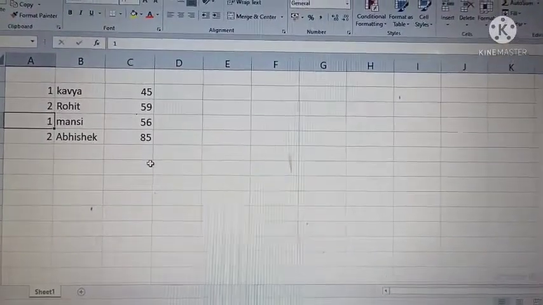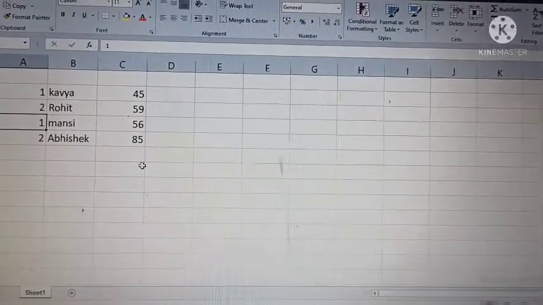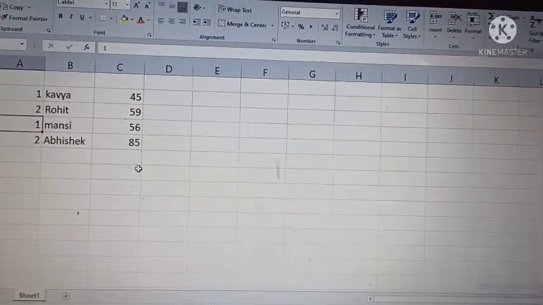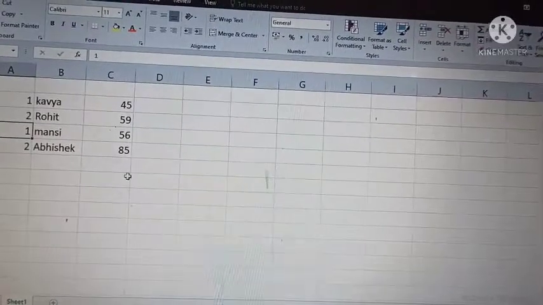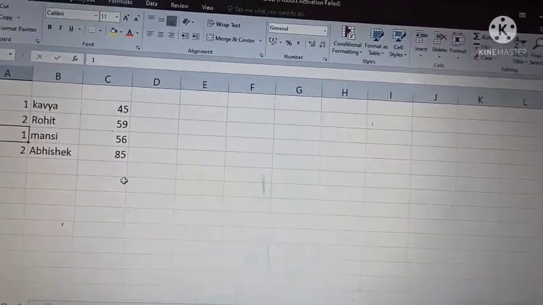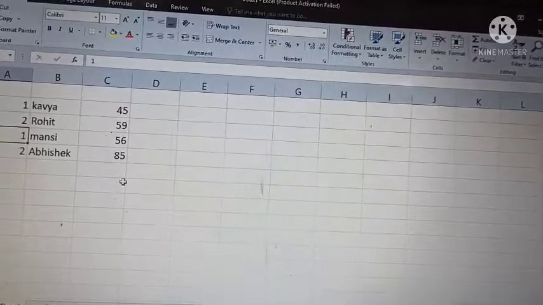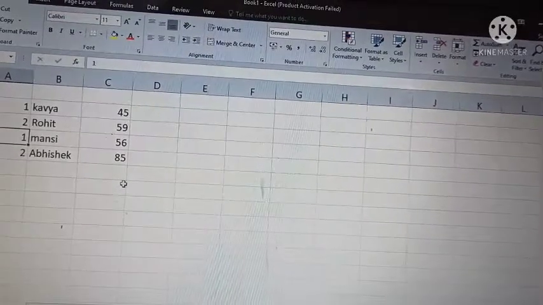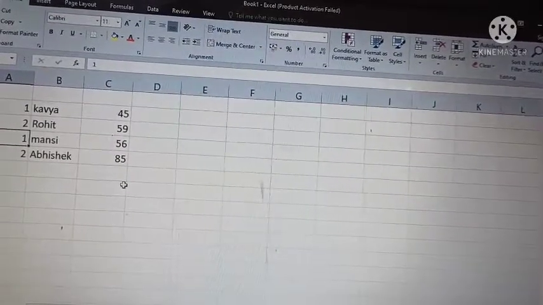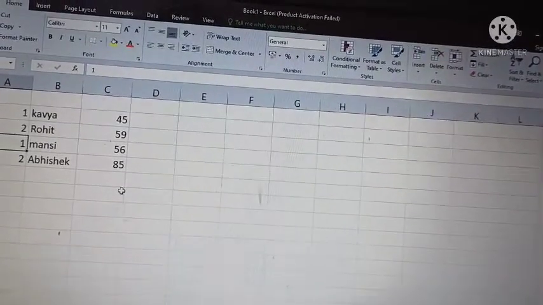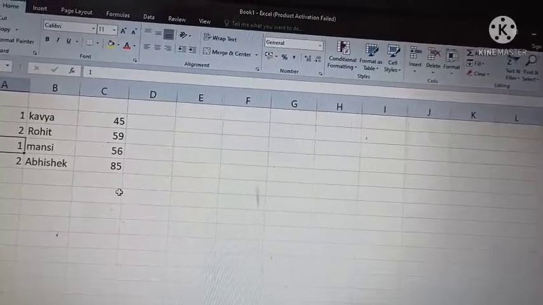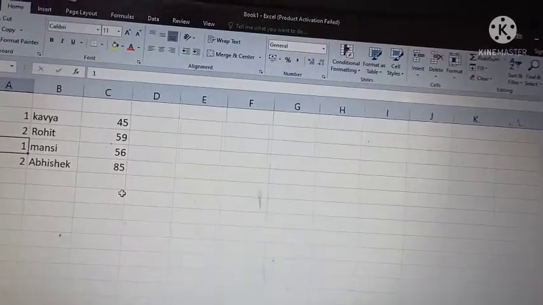Next topic is searching for records. The data form is used to display only those records which match the criteria specified by you. For example, if you want to view all the students with the same last name, you can use the data form to search for the matching record. To search for a record, follow the given steps.